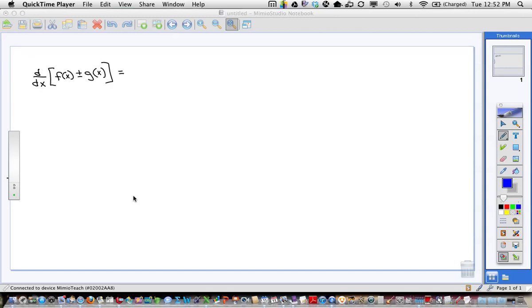So in rule form, it would look like this. The derivative of f plus or minus g is what? F prime plus or minus g prime. Just very simply that. You just do the derivative of the first thing plus or minus the derivative of the second thing. So when we're adding or subtracting two functions, it's just very basic. And we've already done that without really thinking of it as a rule. Another rule we've had